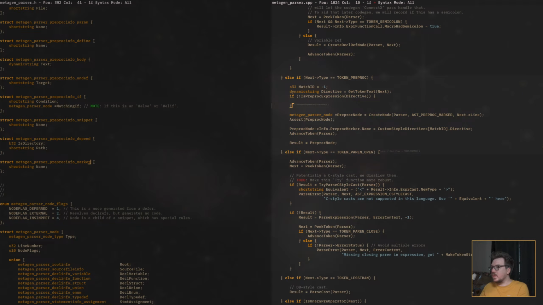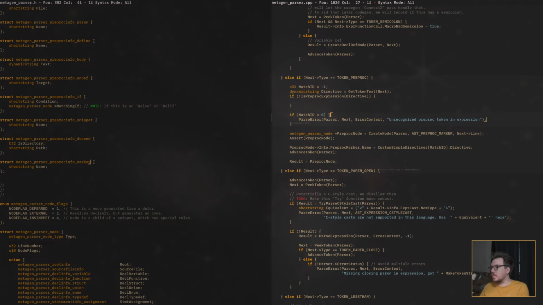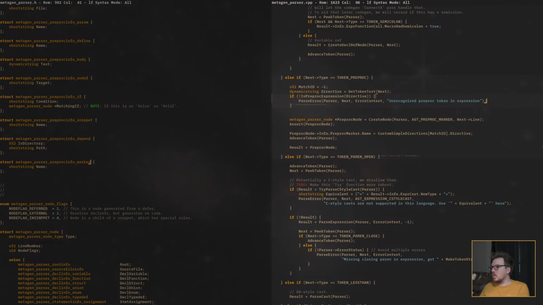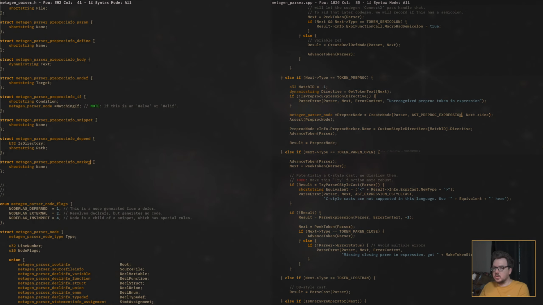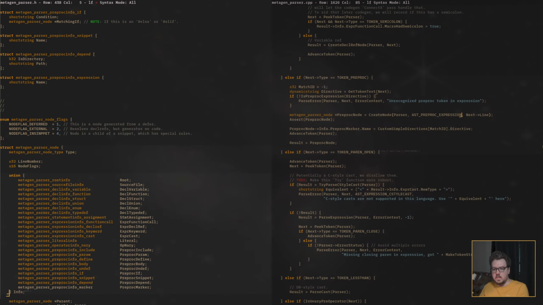So honestly, we can move this error up here. We don't recognize this preproc in the expression if it's not a preproc expression. And then this, we can change this to expression. So let's do that. This will be expression. This will be expression.